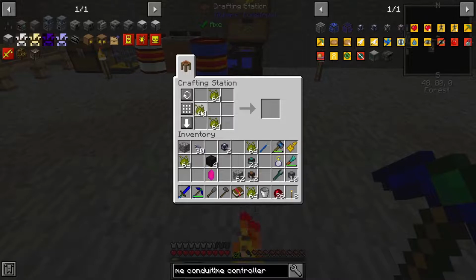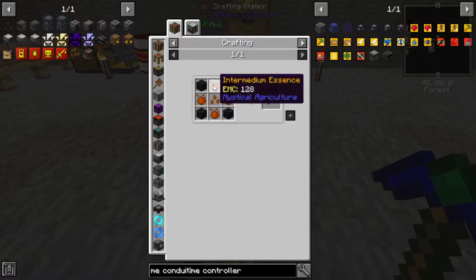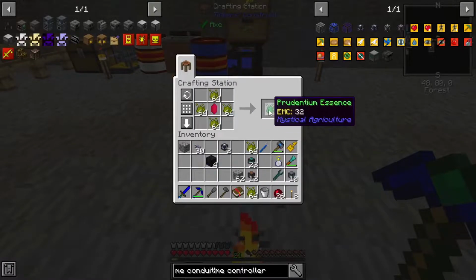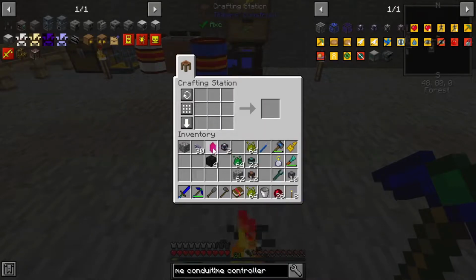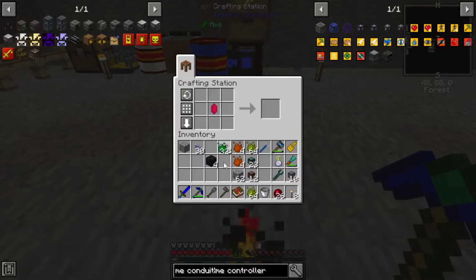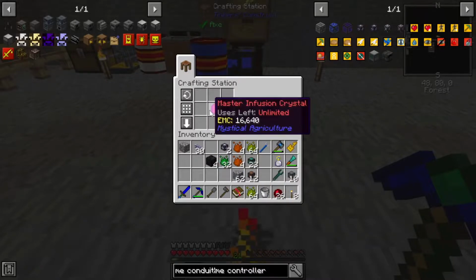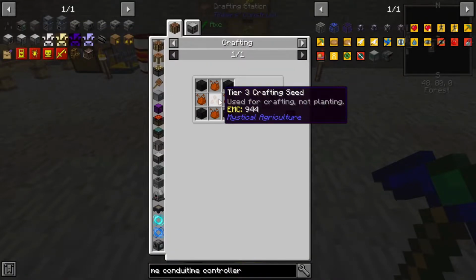And I guess, let's see, we are going to need 4 of those. Because I believe we can convert things backwards, that doesn't really matter too much anymore because we have everything we could ever want. We have plenty of essence, and we have the Master Infusion Crystal, so we don't have to worry about this ever breaking on us. But there is the 4 of the intermedium,